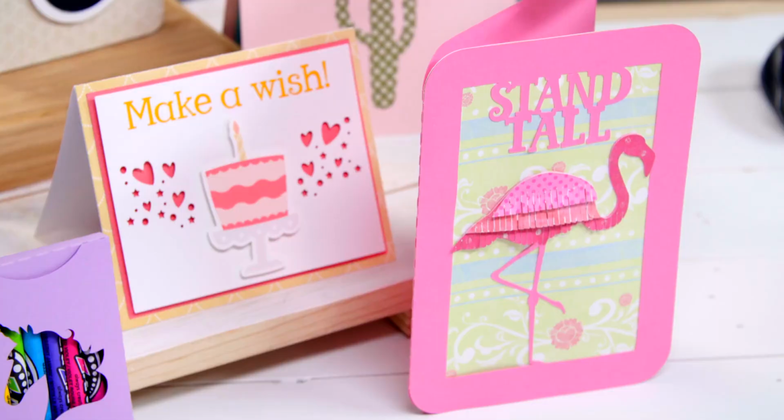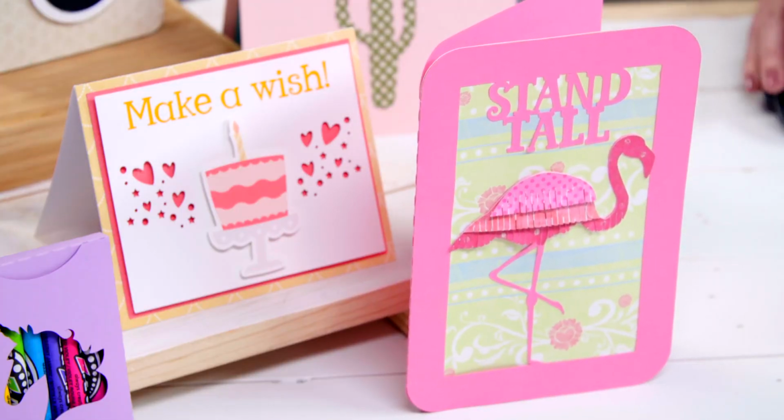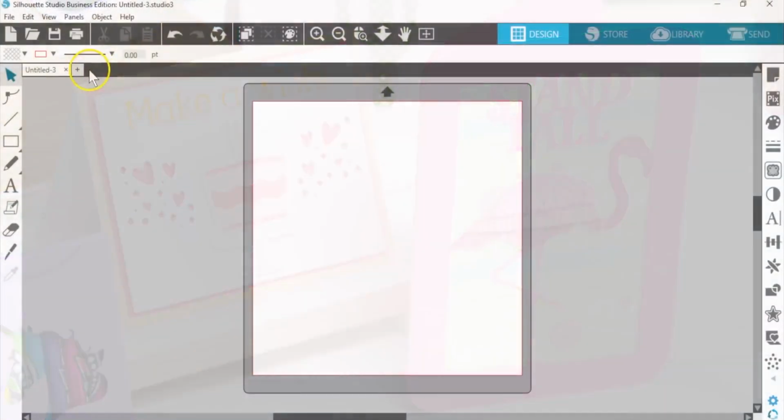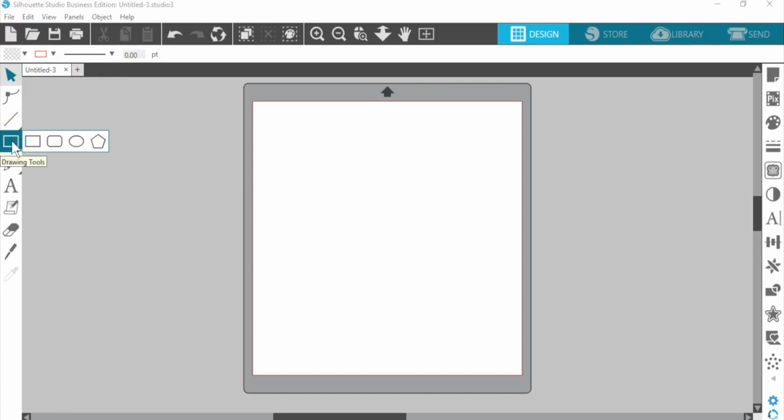The next project we'll do to modify existing designs involves welding shapes to a frame. We'll make a flamingo card. So in the software, we're going to open a new document, and we'll start by making the card base. We want the rounded rectangle tool, which you find over here with the drawing tools. When you hover over that, you'll get a little flyout, and you can choose the rounded rectangle option. So we will draw this, just click and drag. We'll make it about 5 inches wide and 7 inches high.